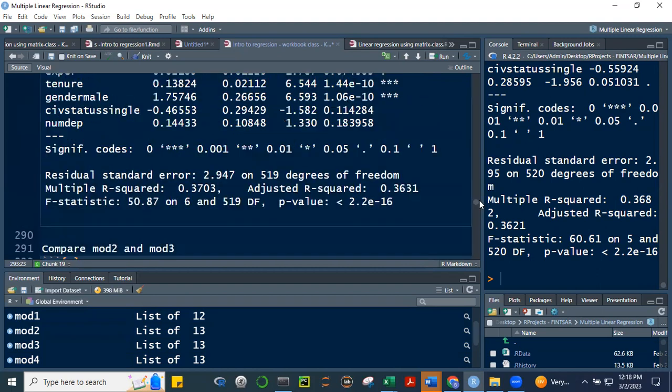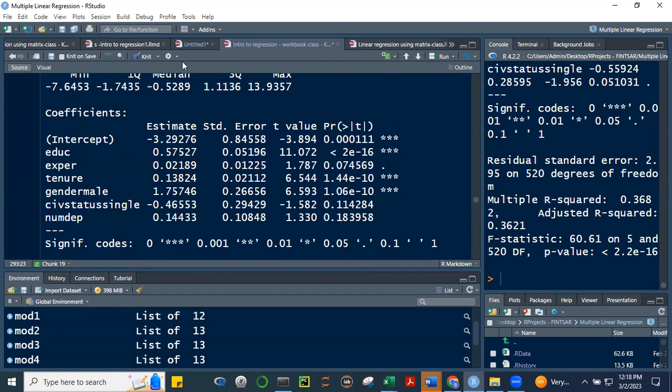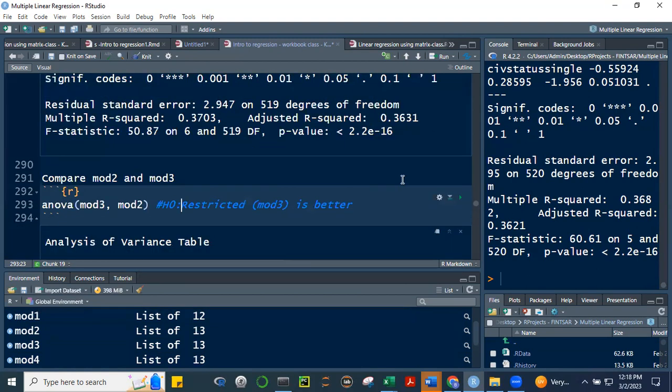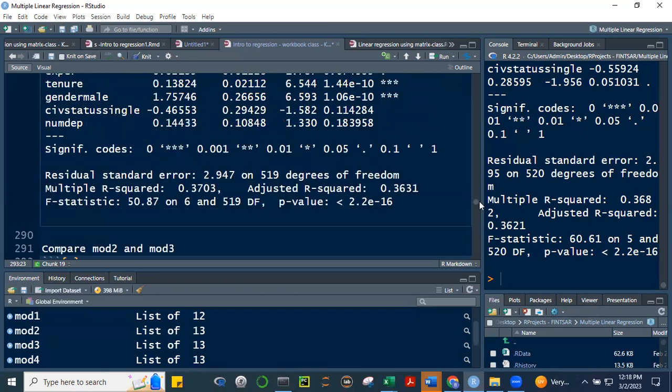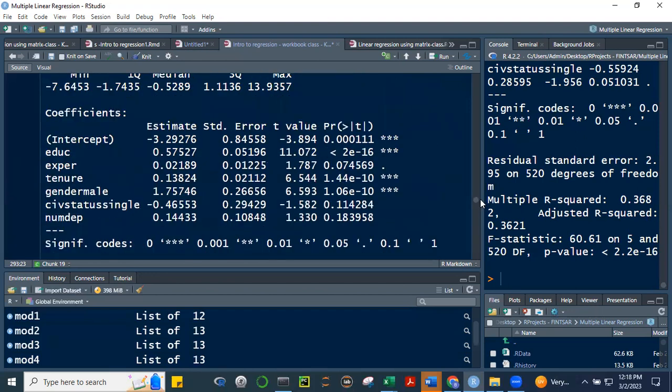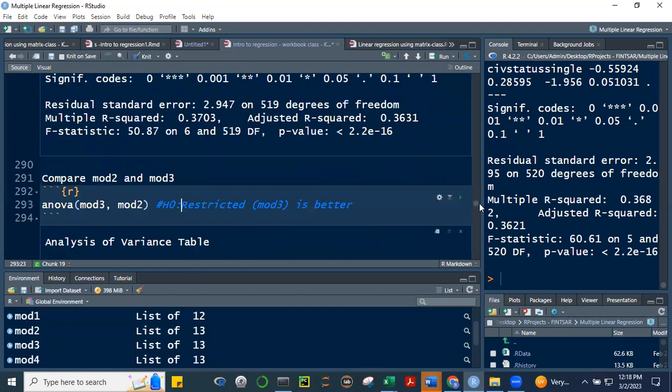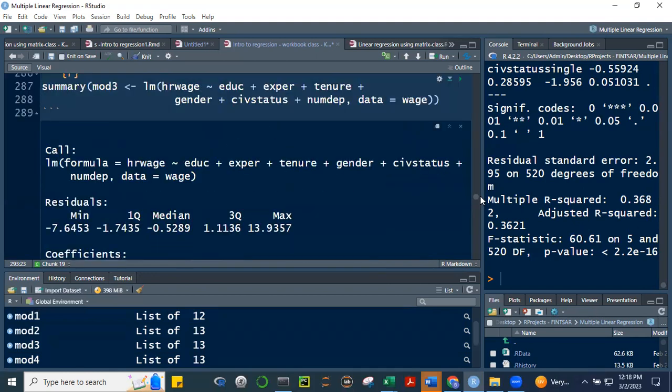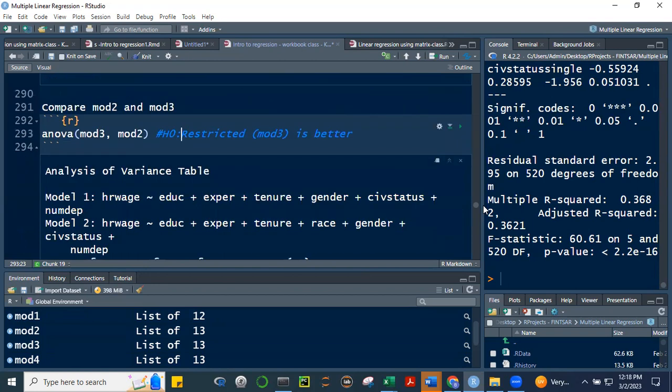Model 3, di ba? Kasi si model 3, mas konti na lang yung predictors. Wala nang race to, di ba? Opo, wala po. So since the p-value is greater than 0.05, ang p-value natin dito 0.79 po. Ang conclusion natin, hindi natin ma-reject na si model 3 is better. We cannot reject that. So, model 3 is better, sir. We fail to reject this.